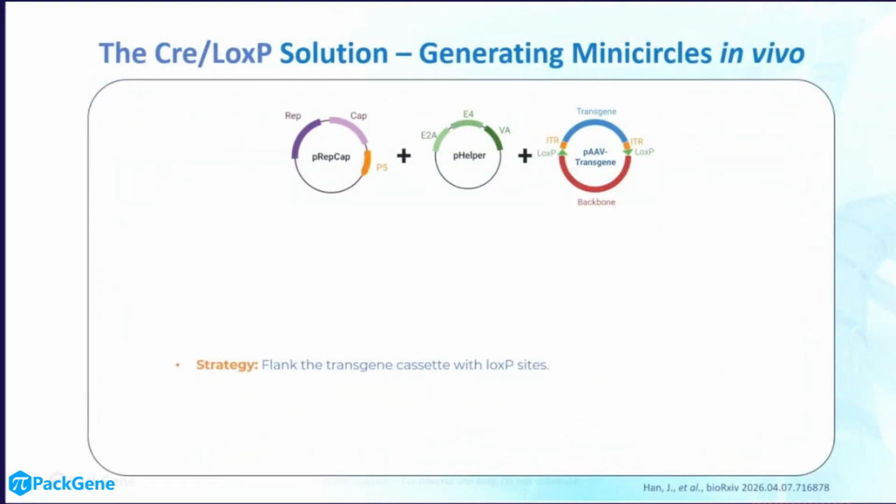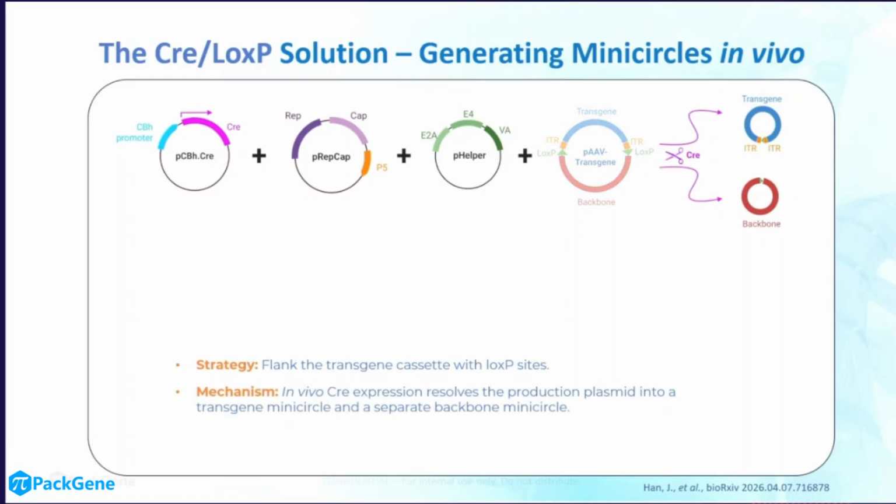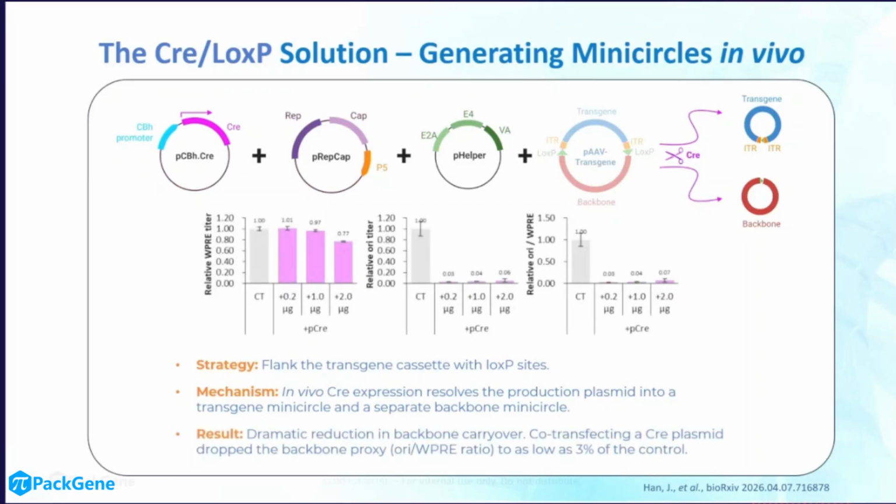We put LoxP sites flanking the ITRs, and we add in a fourth plasmid expressing Cre under a strong CBH promoter. The Cre recombines the gene of interest plasmid into two minicircles that are pretty stable. And we see here that we don't have a negative impact on our titer, but a huge reduction in backbone